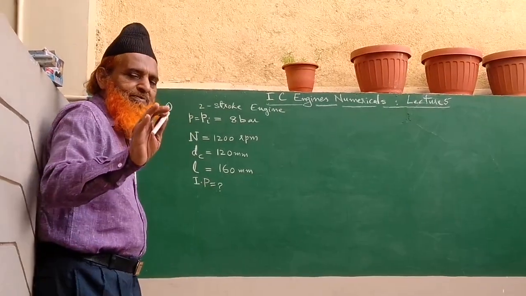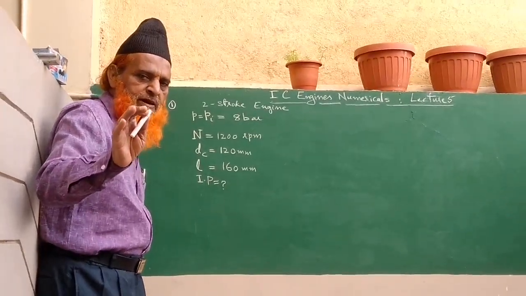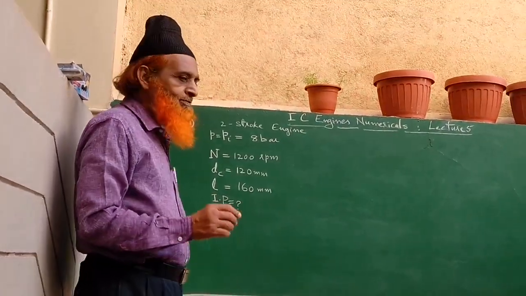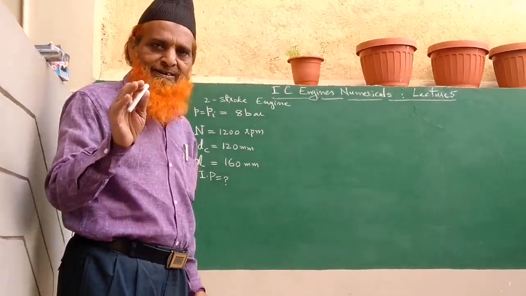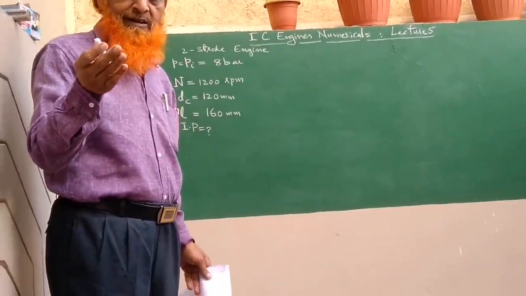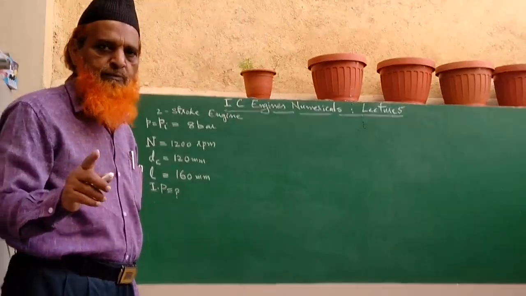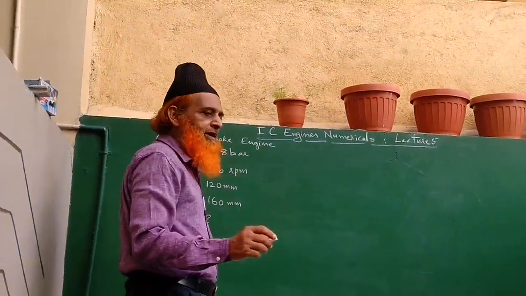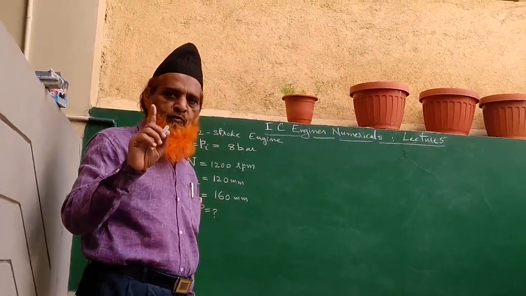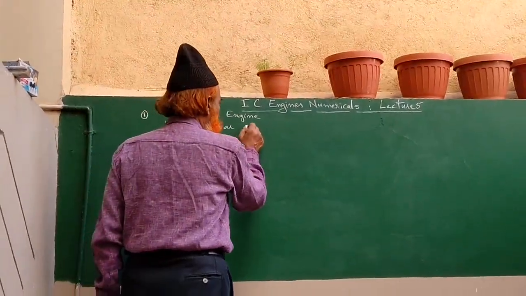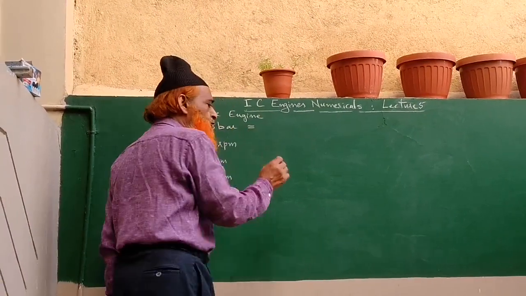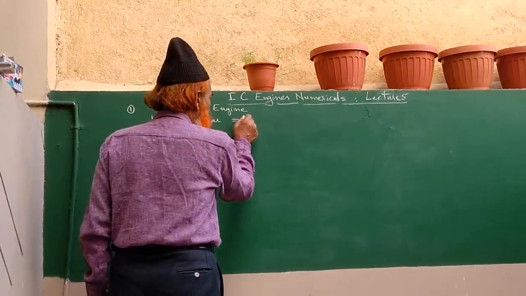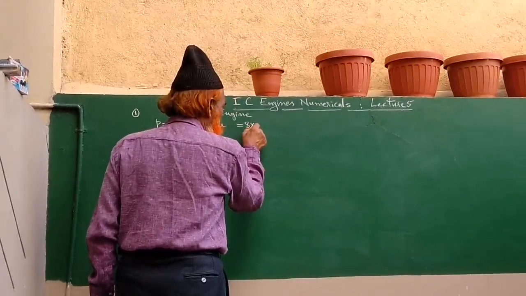Very simple. All of you see here. Your attention please. Whenever pressure we have to take down, as I said, while taking the calculations itself, it is supposed to be taken in Pascal. The bar is to be converted into Pascal, 1 bar is equal to 10 to power 5 Pascal. That means all the notation you convert into SI units. Therefore, this could be written as 8 into 10 to power 5 Pascal.